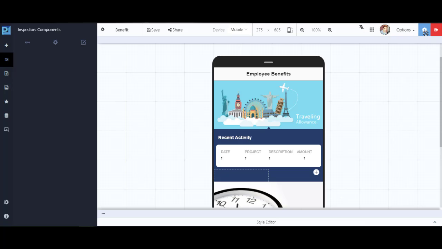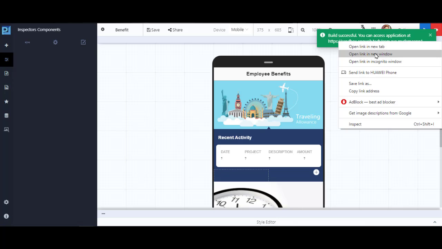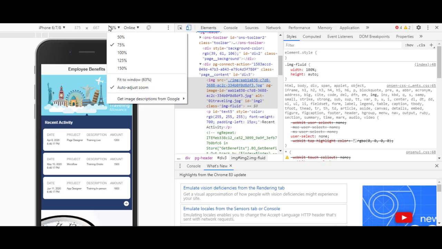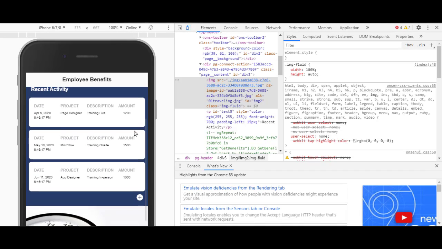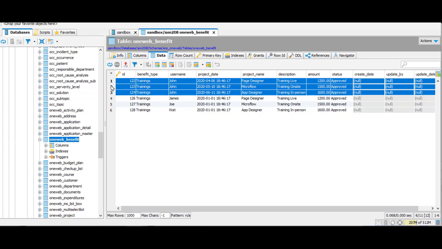You can open this URL in the browser to test the runtime results. As you can see now in application runtime, the UI replaces the static text and display the real-time existing records from the database on your OneWeb Design UI. A total of 3 records are displaying on the UI, which is from the database.